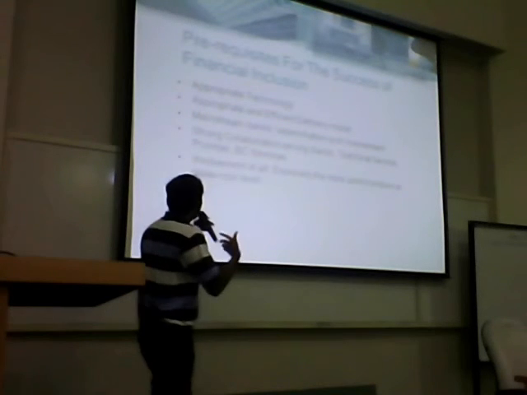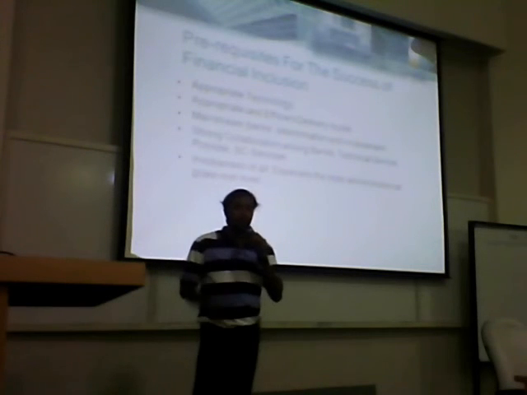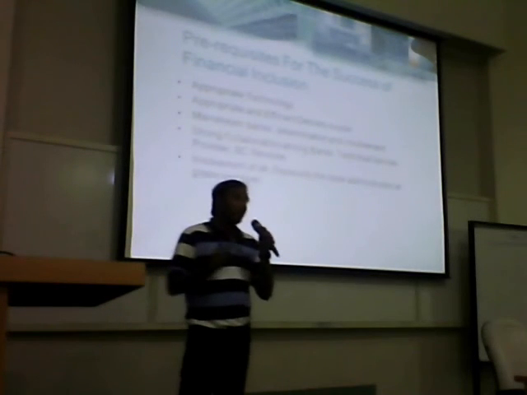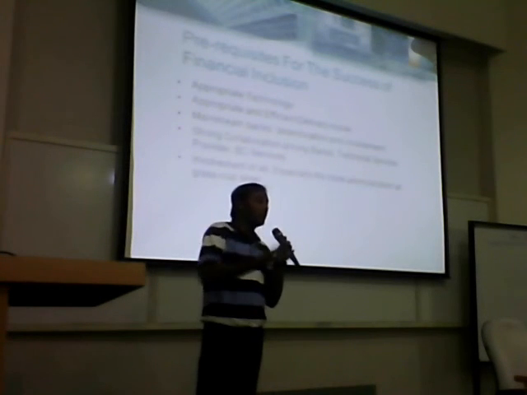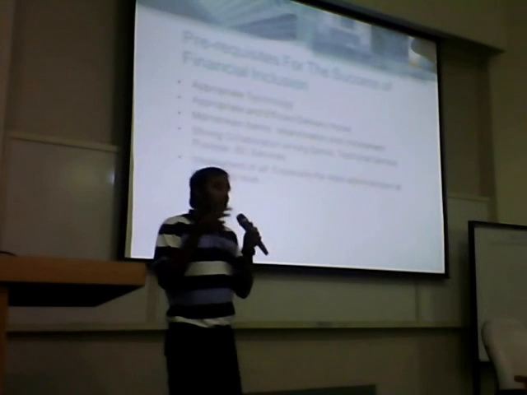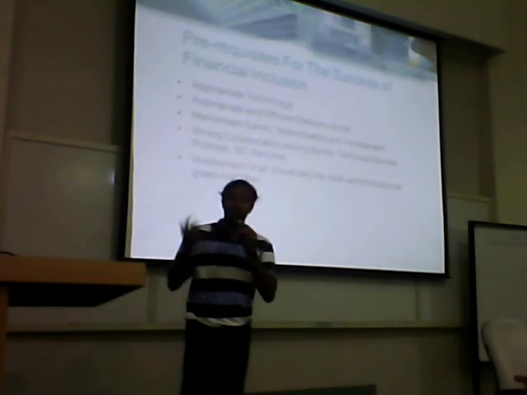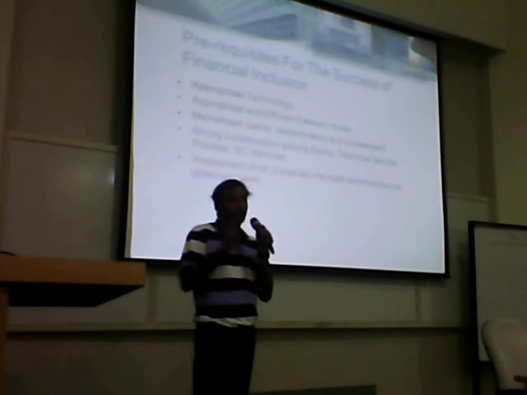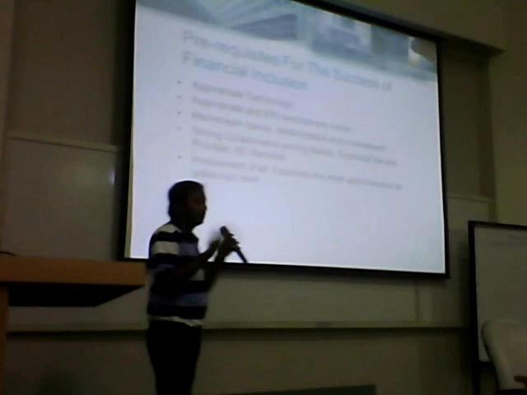Now, one more thing that I would say is the third point and the fifth point. Initially, when the financial inclusion concept was introduced, the banks were informed that they have to take care of this, but they weren't very determined because they didn't have that as their goal. So they just tried to deliver the service and product, and there were so many challenges that they could not overcome. But now in recent years, the success of financial inclusion is one of their goals. So they have become very serious about it now, and they are finding efficient ways of delivering it. So that will determine the success of financial inclusion also.